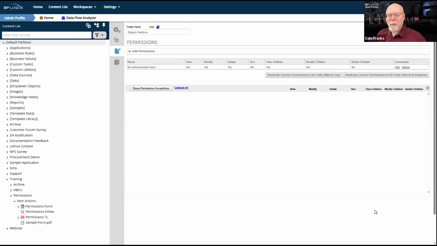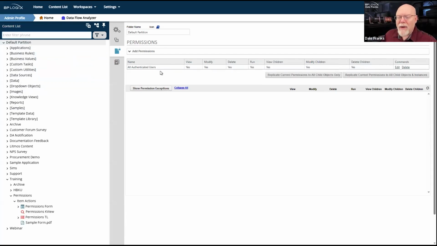When I say that Process Director has a permissive access model, what that means is if I have multiple rules, multiple permissions rules, and this is, by the way, a permissions rule. It says all authenticated users have view, modify, delete, run, view children, modify children, and delete children permission in this folder of Process Director, this folder being the default partition.